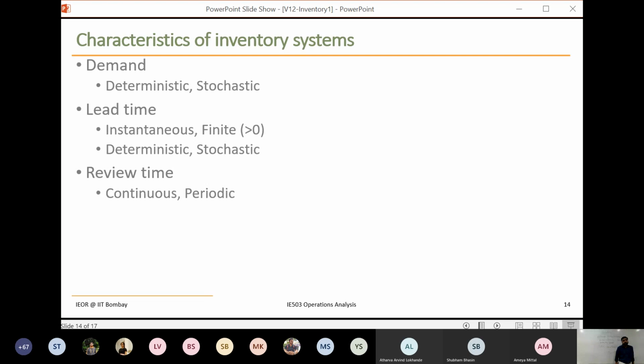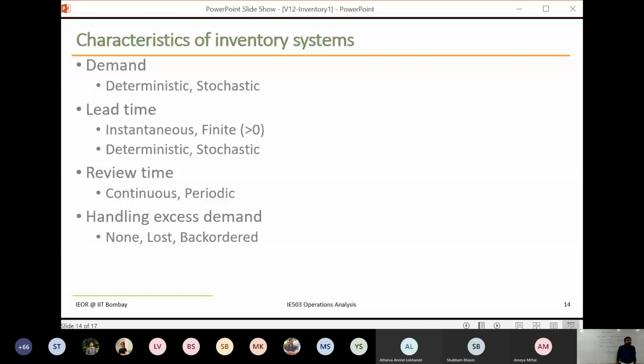The third one is called the review period. Like how often you're checking the inventory. How often are you able to track the inventory? Even with the latest IT gadgets and RFIDs, it is very difficult to track inventory every time a sale happens or anything new comes, though you can log it in the system. But reviewing it and taking a decision whether to order inventory or not, for some products it's continuous, for many products it is periodic, and other variants are also possible. Again, we will be looking at both these scenarios in our models.